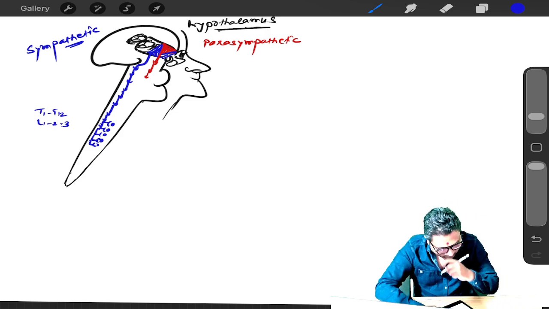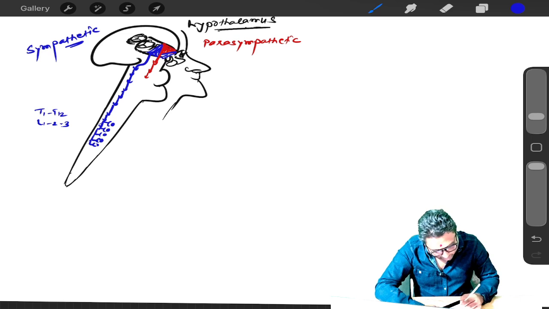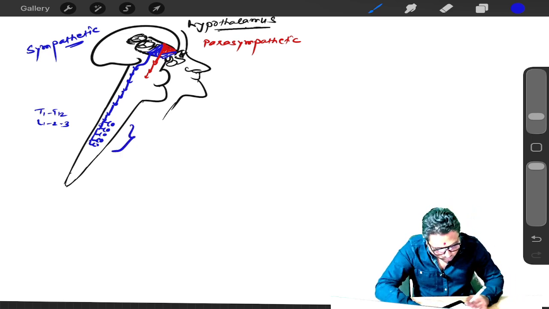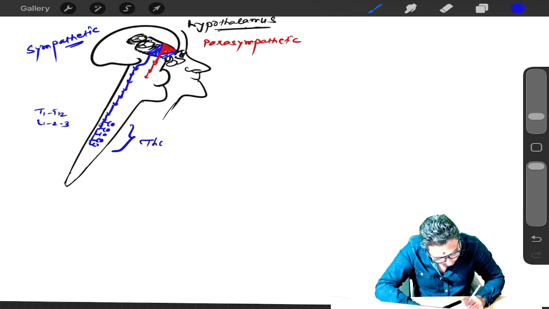That's why this sympathetic system is also called thoracolumbar outflow,